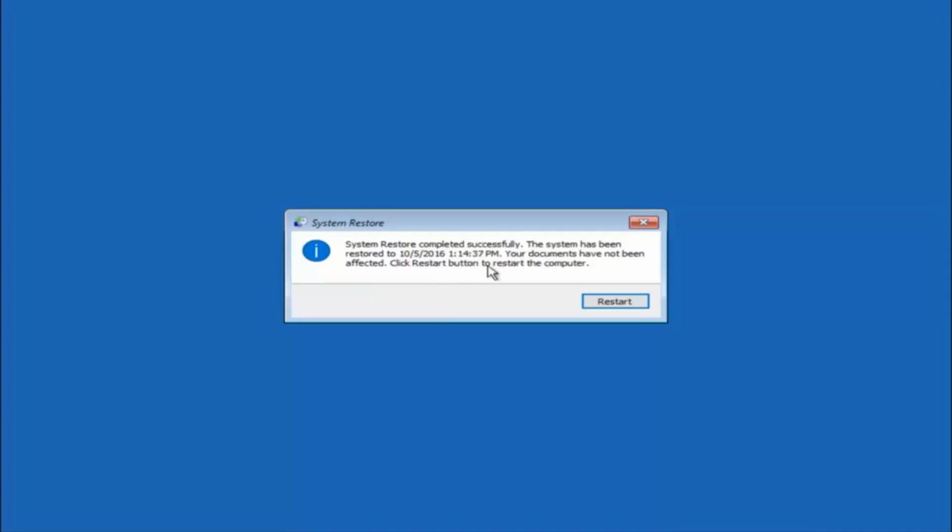These your documents have not been affected. Click the restart button to restart your computer. So let the computer restart. If for some reason you are not able to boot into Windows 10 normally, I have another alternative method,